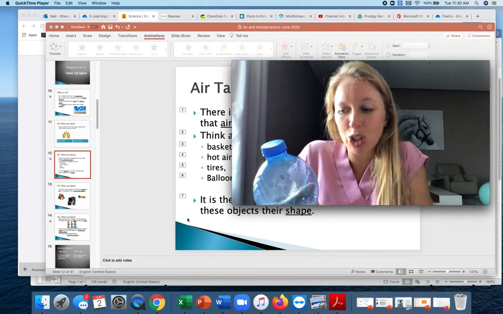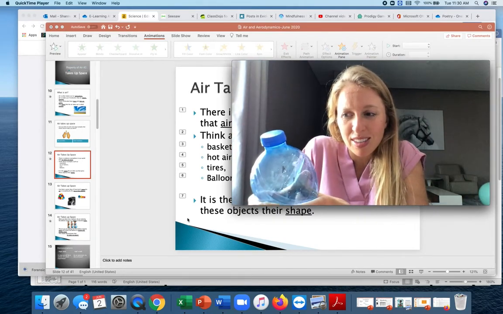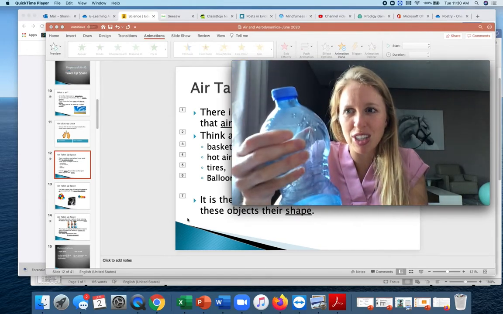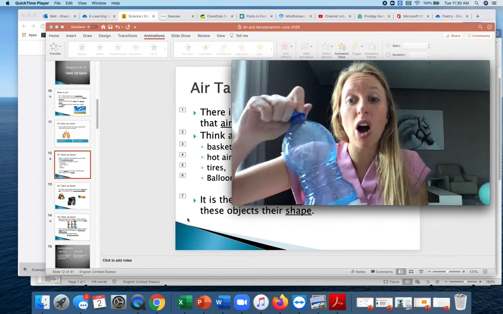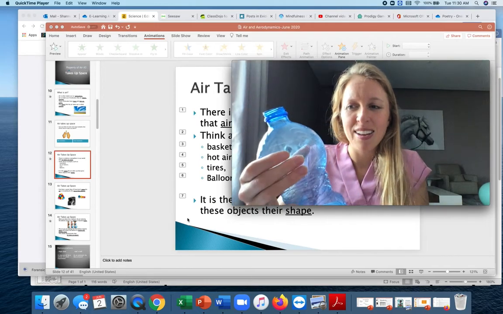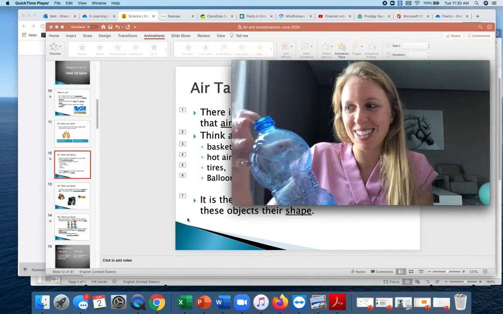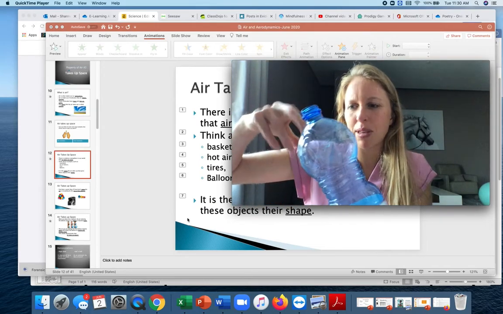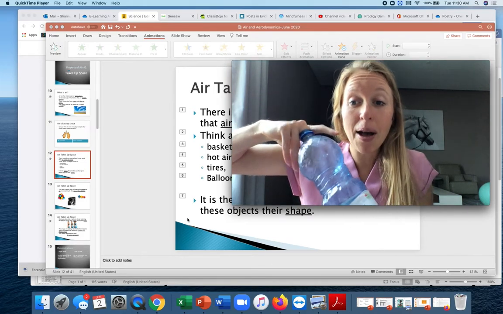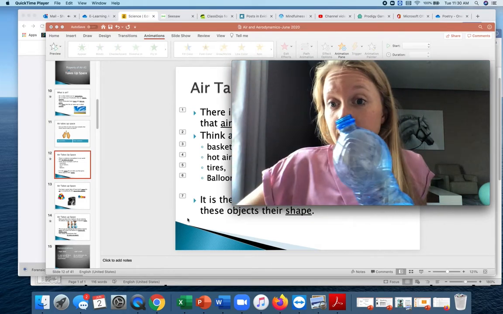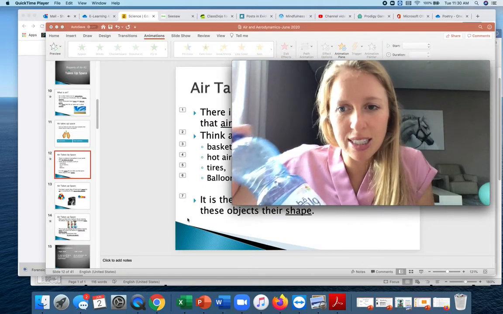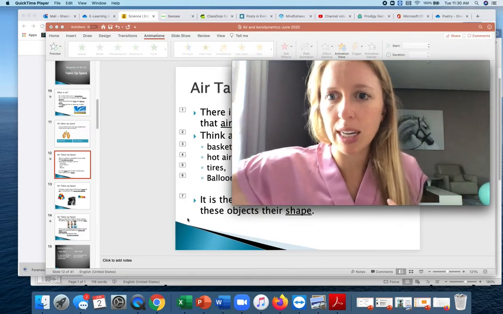Would it be possible to squish this water bottle? Would it just come back to its original size? But if we were to take off the lid, then what would happen? I didn't really use any different strength. Anyway, that's just an example. I'd be curious to see what else you could think of for how you know that air takes up space.